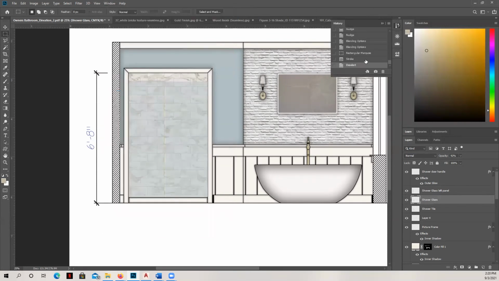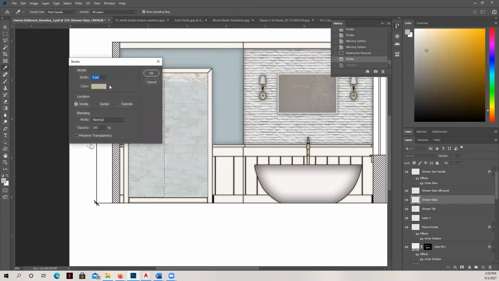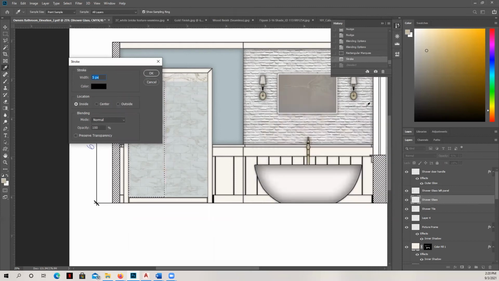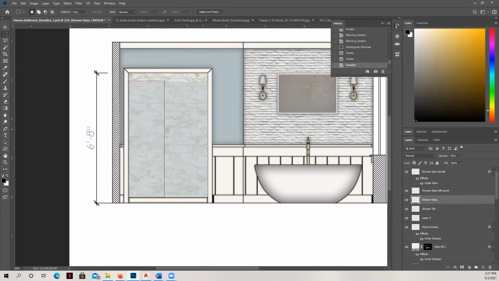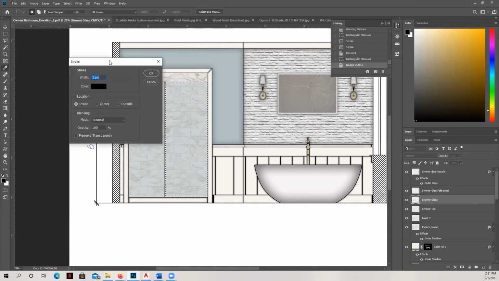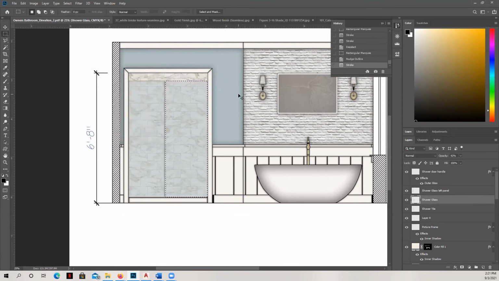Actually, what I'm going to do instead is stroke it with just a thin layer of black. There we go. Now it just has a little bit more definition. And now they should match.